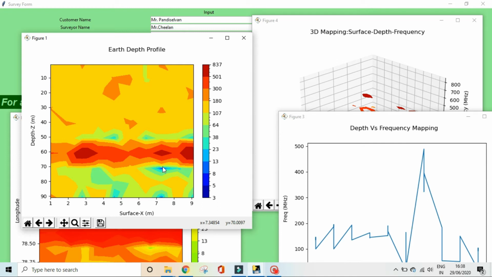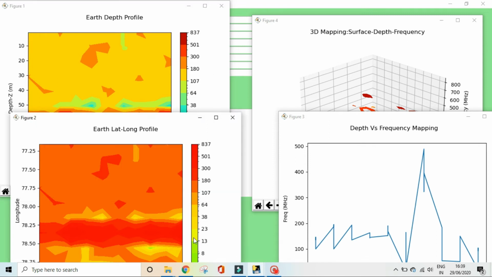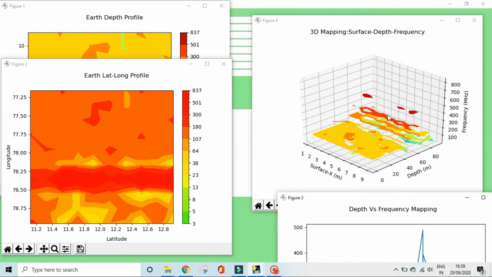If you drill across this point, maybe you can reach source 1, reach source 2, and also simultaneously touch source 3. So you can aim for this point, and the depth region is pointed over there. You can bore from here to this point, and this is the earth latitude longitude profile. In the earth lat long profile, you can see this exact point over here. Maybe you can bore this way and reach this point.